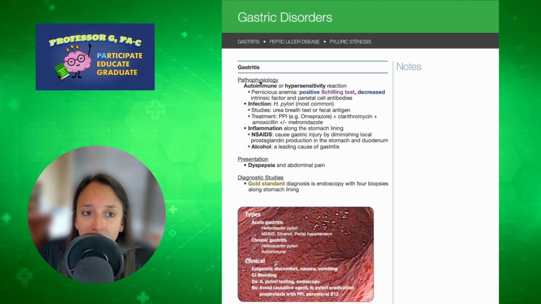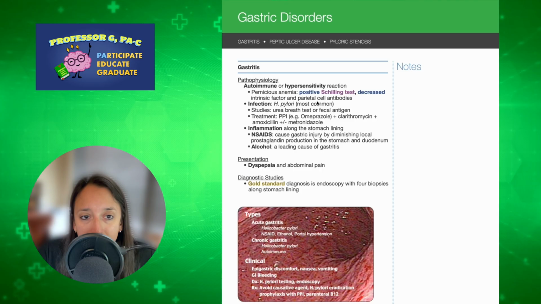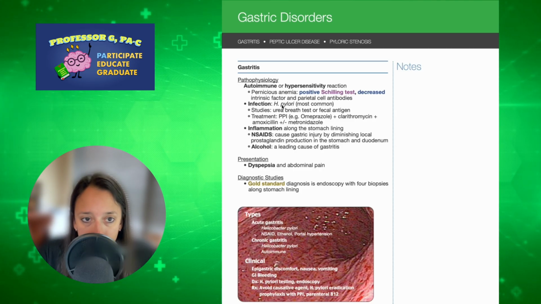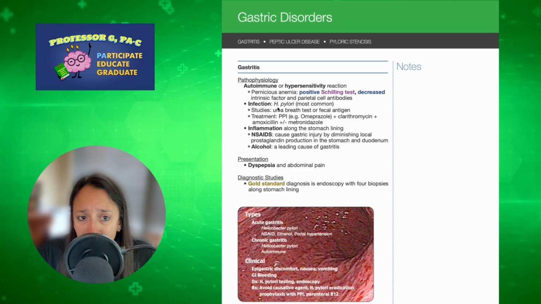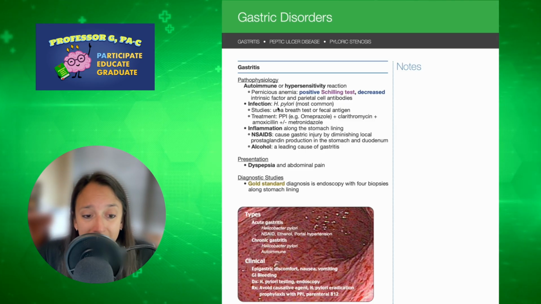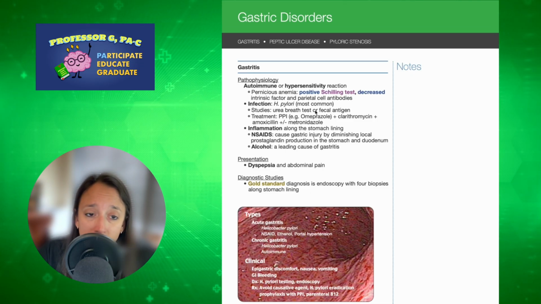And we think of that autoimmune gastritis as pernicious anemia. So we'll see a positive Schilling test, decreased intrinsic factor, and we'll see parietal cell antibodies on an exam. And we're going to look for these things. So H. pylori, we'll probably get a biopsy when we do the endoscopy, or maybe we will suspect it before we do the endoscopy, and we'll get a urea breath test or a fecal antigen